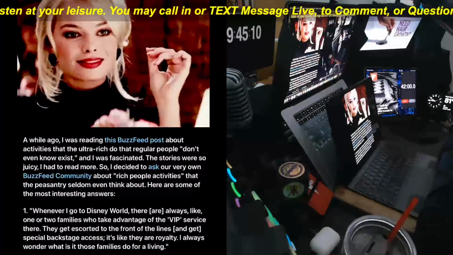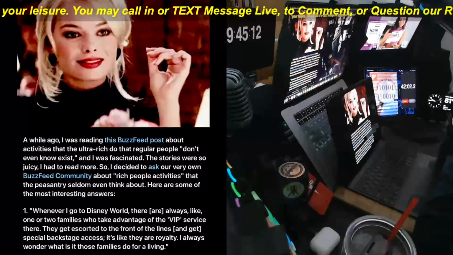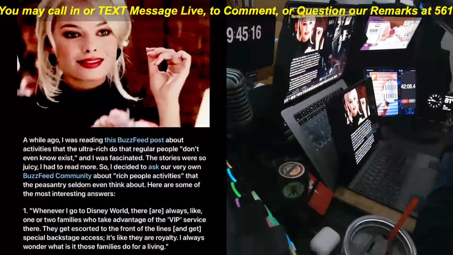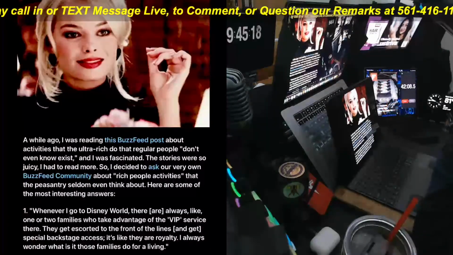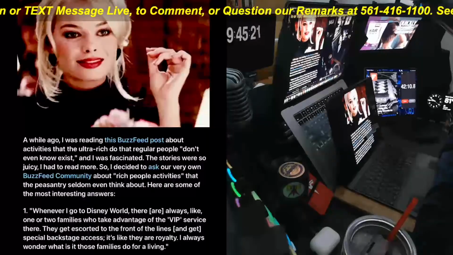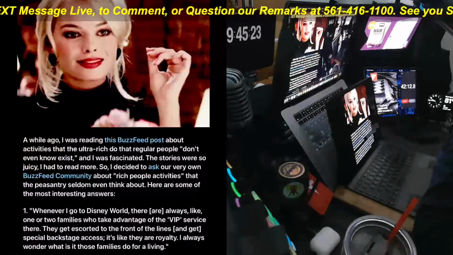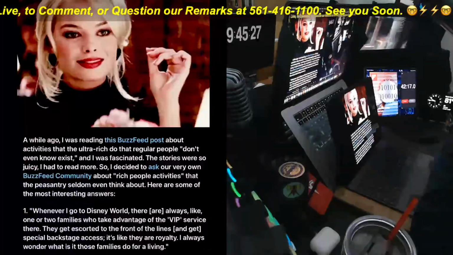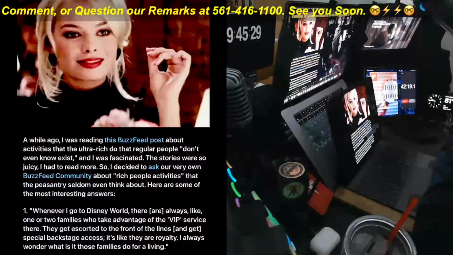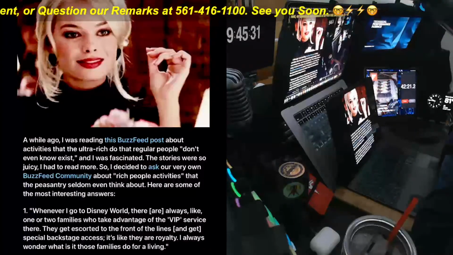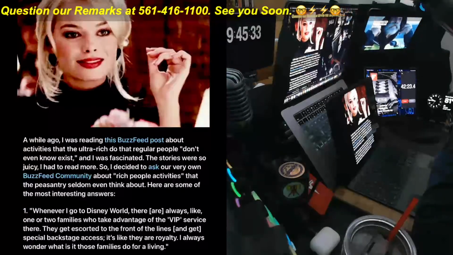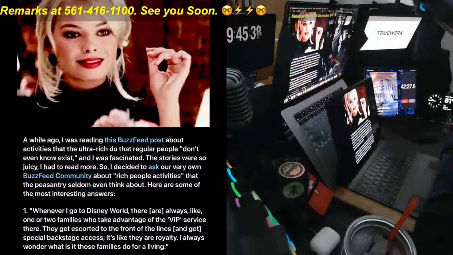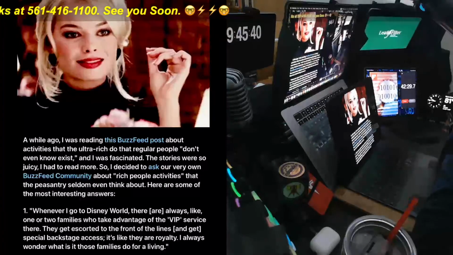BuzzFeed community reached out to rich people and said, "Hey, tell us what you do that you think non-rich people don't do. Let's see what the activities of the ultra-rich do that regular people don't." They could, but they just don't. Well, one of them is, and not everyone, but a lot of these things,